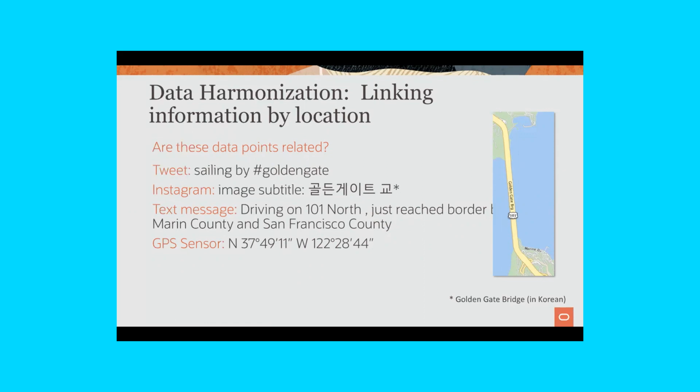So we provide a bunch of APIs and reference data to take data that is coming in like this and correlate it to the reference data sets that we have, and then create a key that can be used to associate all of them together. So this is just one example of data harmonization. There are a lot of other data harmonization examples that people have used this big data platform for.